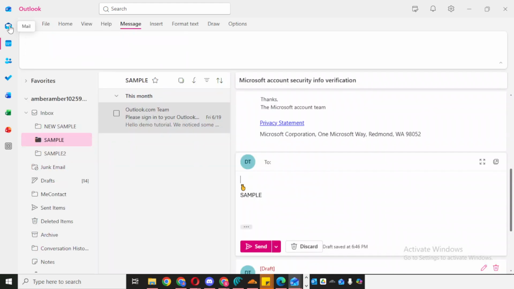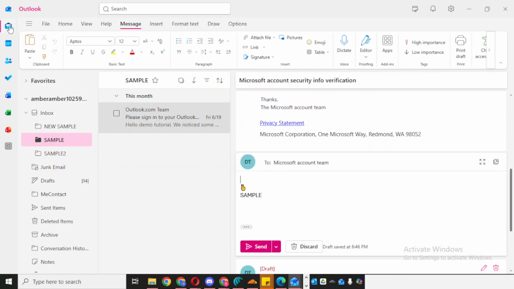To get started, open Outlook on your computer. Once Outlook is open, go to your Mail section so you can view your inbox and your existing messages. From there, locate the specific email you want to respond to. This can be any message where you want to add a little extra tone or emotion to your reply. After you find the email, click Reply. This will open the response area where you can type your message back to the sender.